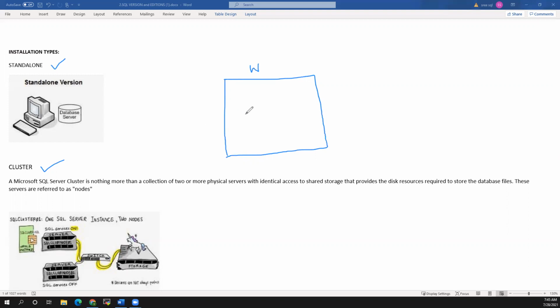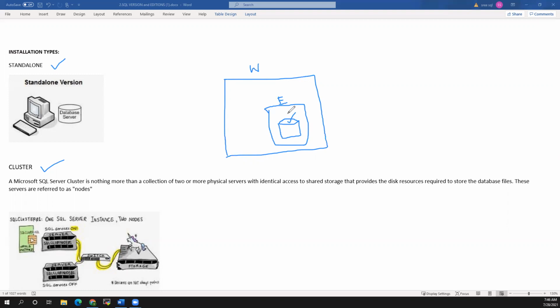In the same Windows box, if you are installing SQL Server, all the files will be saved in some drive, let's say our E drive.